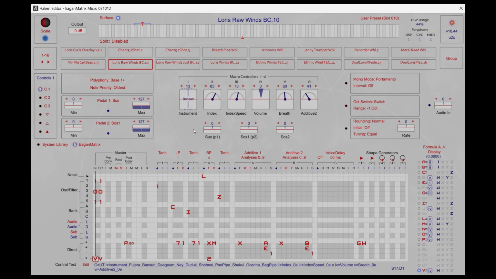Now, one of the things you'll notice is you may not get a sound exactly like a bansuri out of here. This is not really sampling. You'll have to play around a bit. In this particular setup, I'm not using any formants. I'm basically playing this as if it's raw analyses. As it turns out, I've found that some of the wind conversions actually sound better if I don't put formant processing on them. For example, let me go and I'll select an ocarina,